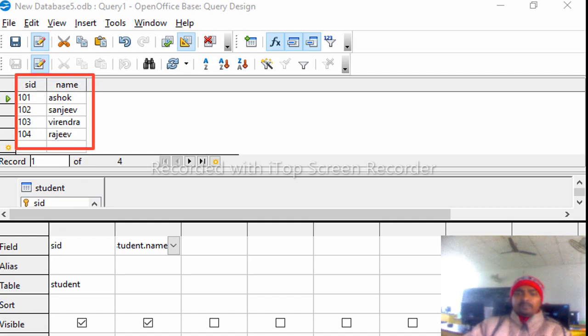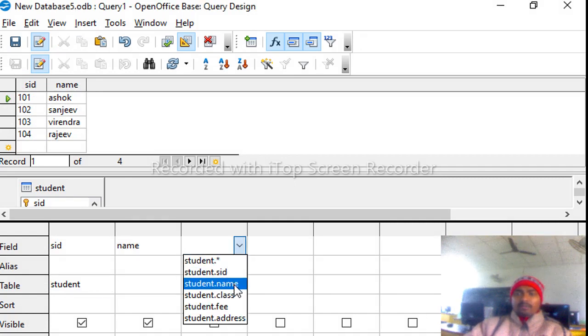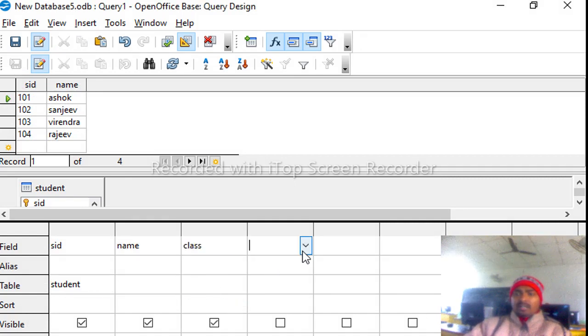Same here, I want to display class and fee and last one address. Depending upon your requirements you can select SID, name, class, fee, address.